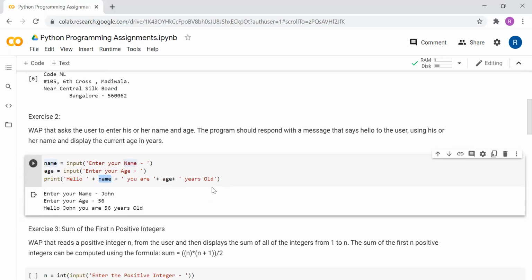So this was just a basic input exercise for you guys, how to get an input from a user and then display it as an output with those variables which we have got as input from the user. Okay. Now our third program is the sum of the first n positive integers. What is the program? The exercise is that